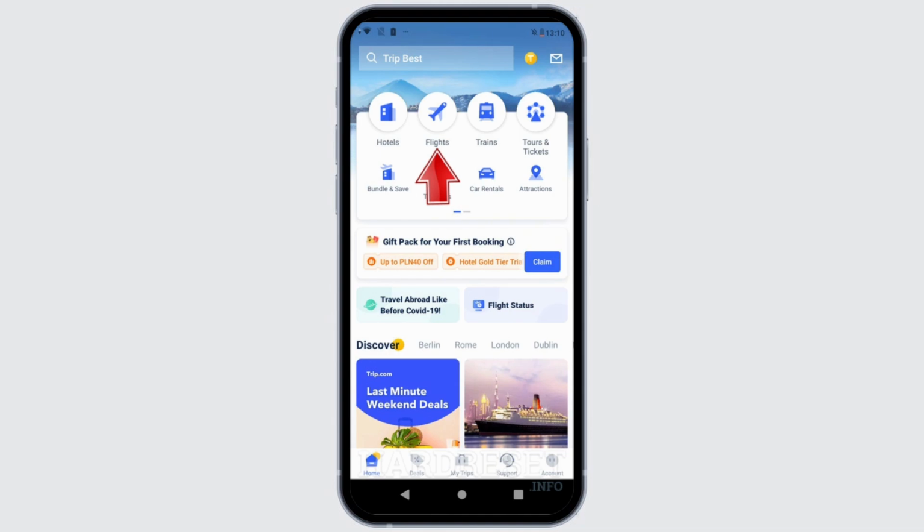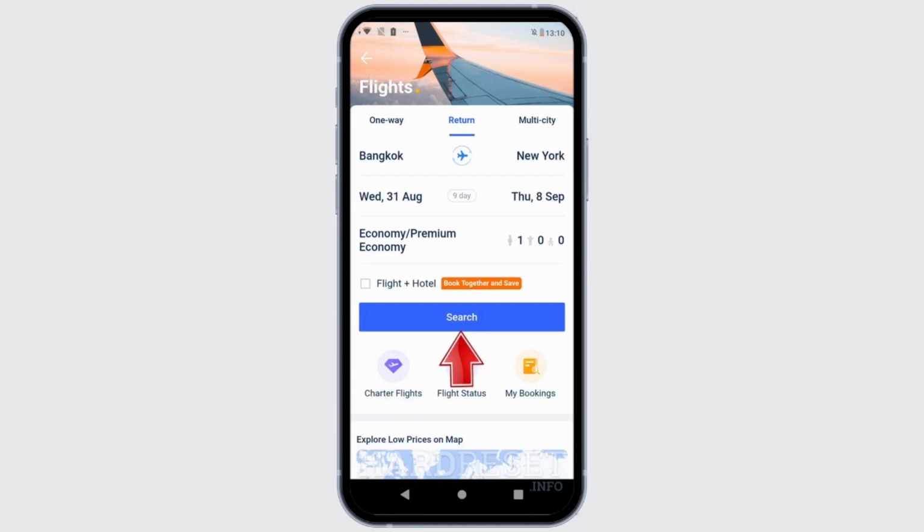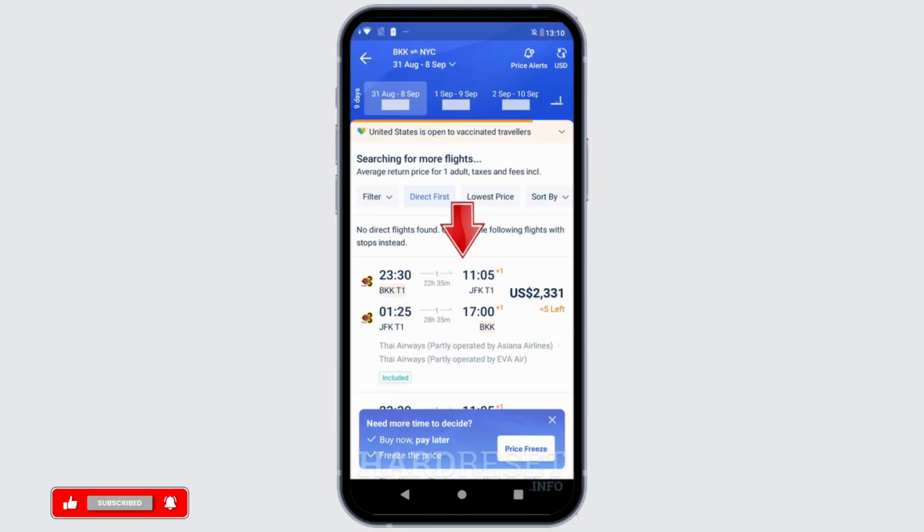Simply click on it. Once you do, on the next page, you need to provide the details of the flight which you want. After you are done providing the details, simply click on the search option. After that, the application will now provide you the list of possibilities according to your flight details which might be